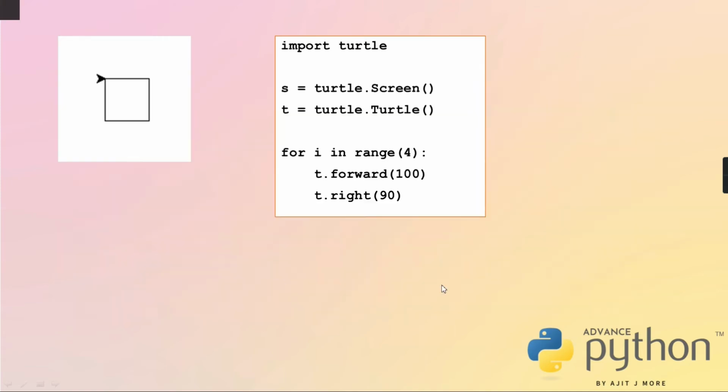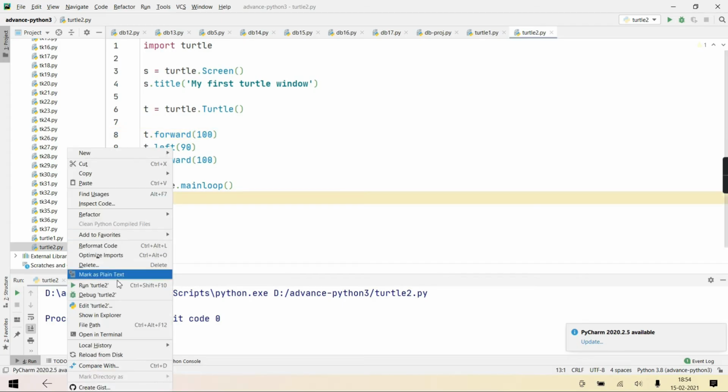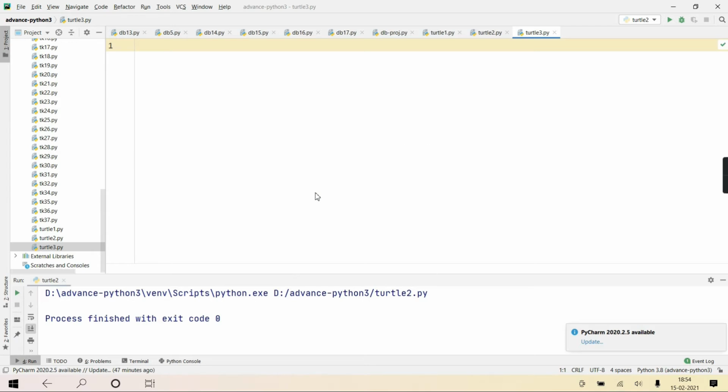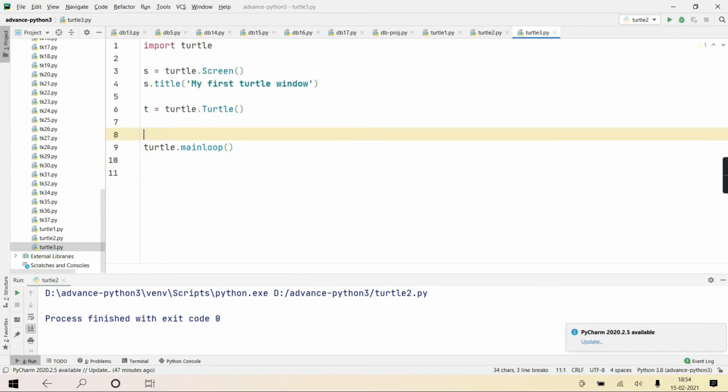Okay? See, suppose we produce this output over here. We take another example. I'll just put a for loop for i in range 4.